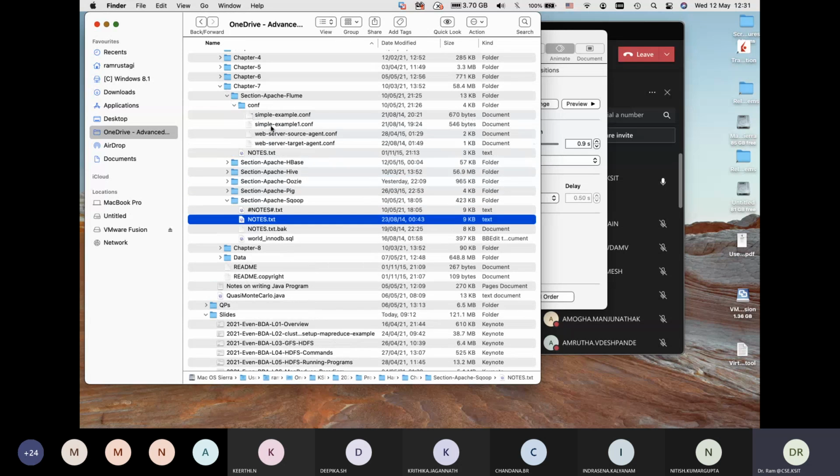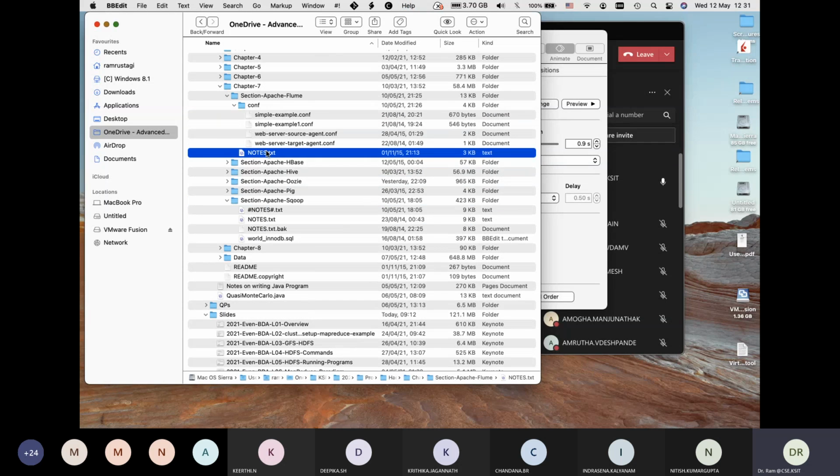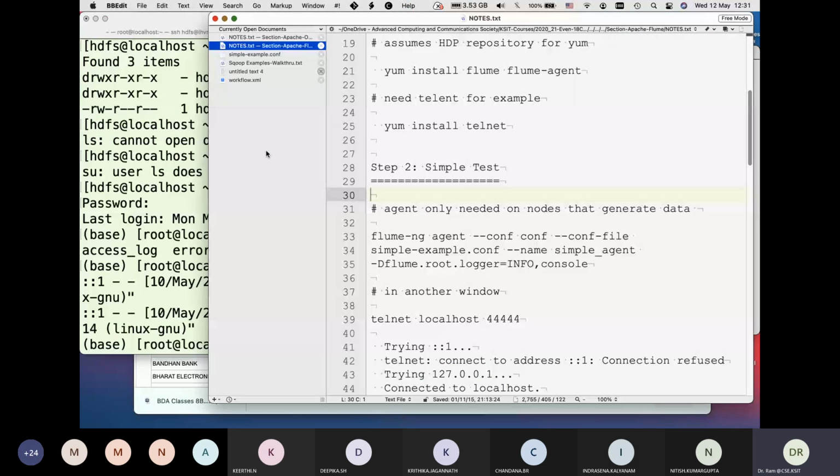So if we look at Flume, there is a file called notes. It tells you how to install and how to run things. It assumes two things: install Flume, install Telnet, and that's what I had done on the machine. It is not there by default. So on the LXM, neither Telnet nor NC is installed. I'll be using Netcat. You can install NC, install the Flume agent, and then work with it.